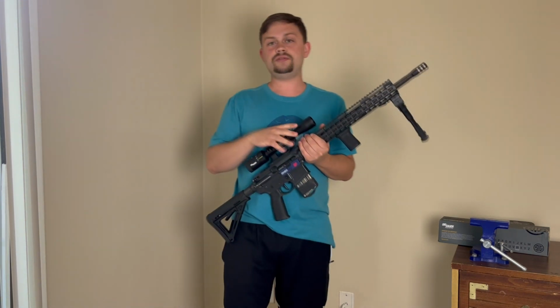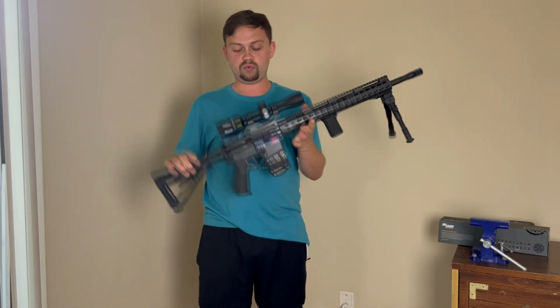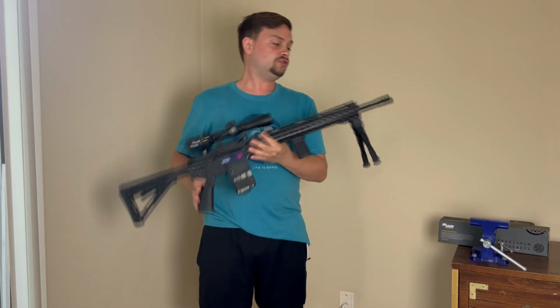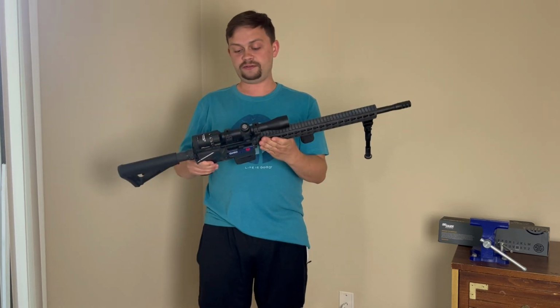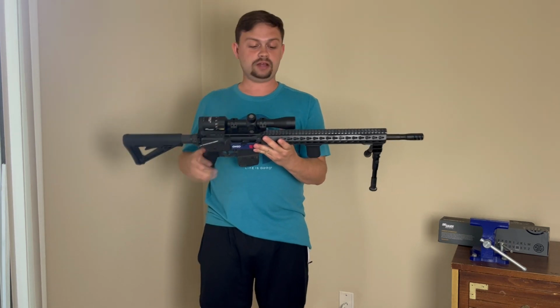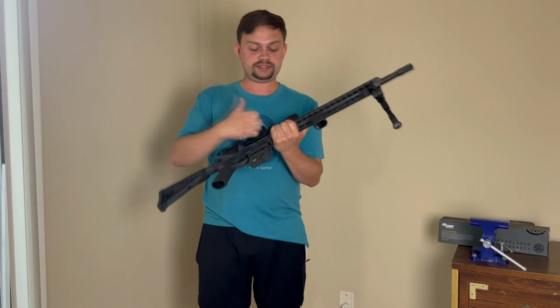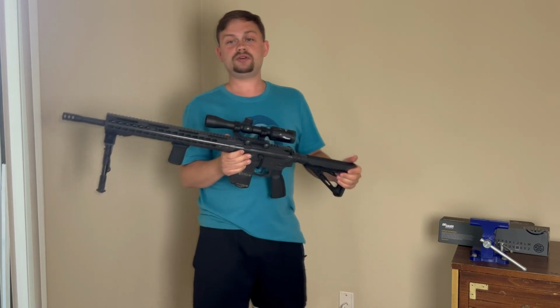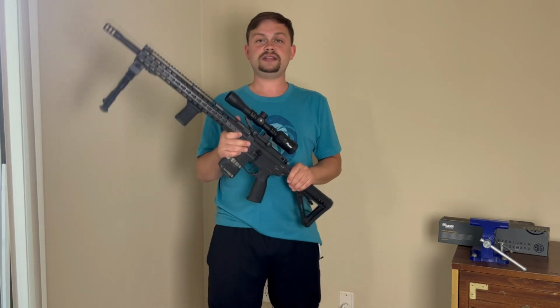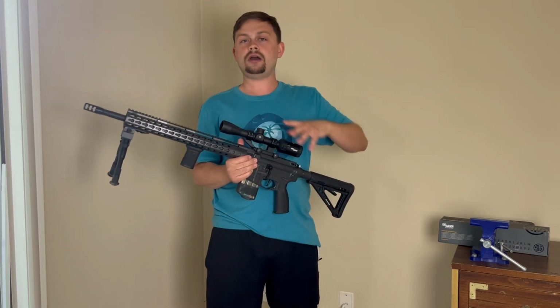Now, before I show you the box and give you a close-up, what is this? This is a 223 Wylde, 1-in-9 twist, heavy barrel AR-15, PSA lower, and the upper receiver I actually bought complete, used. This was back when on Facebook there were like AR-15 marketplaces where you could sell uppers and stuff,